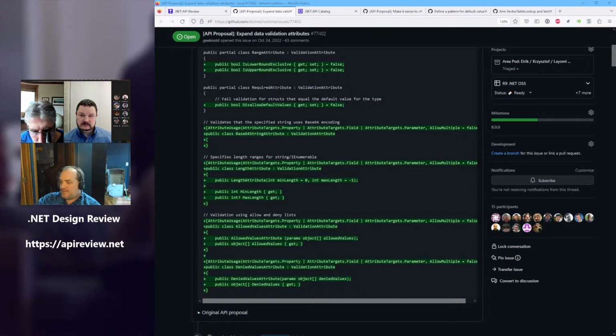And for what it's worth, the existing attributes only accept integer lengths. So, do we want to preserve this or make it use long for the new one? I like long. More capable, kind of said. Yeah, it's more capable, and if people need it, then they can always use this attribute instead of the other one, even if it's just one.